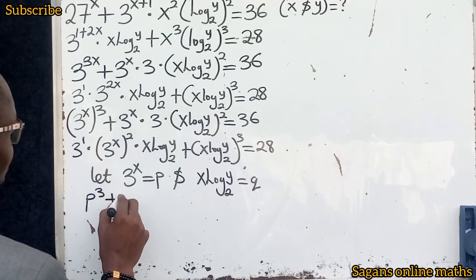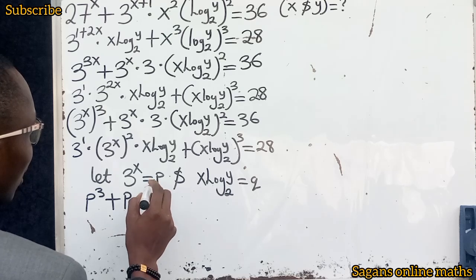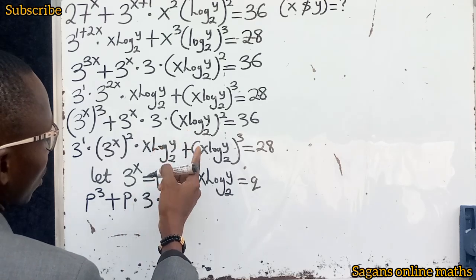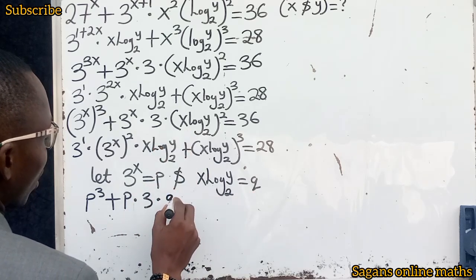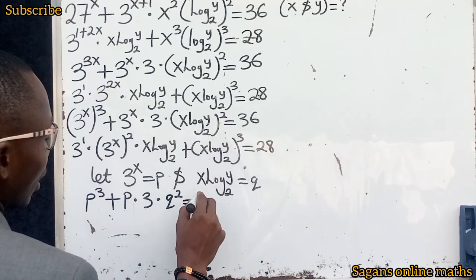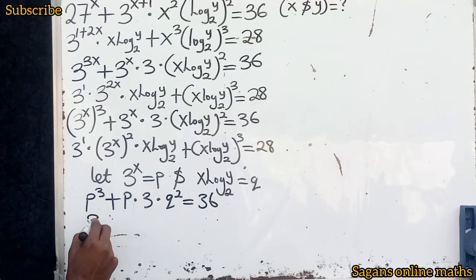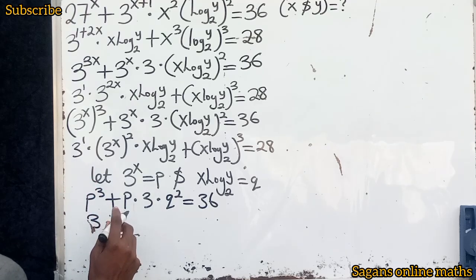Then plus P. You can see P here multiplied by 3. Then multiplied by all this is now Q, so this will be Q squared, because you are seeing square here, equals 36. Okay, then the second stage, this is 3. Okay, multiplied by, let me just remove the